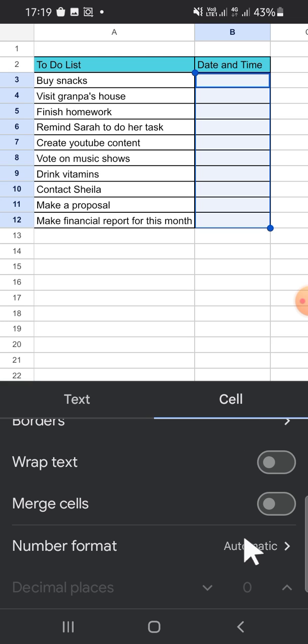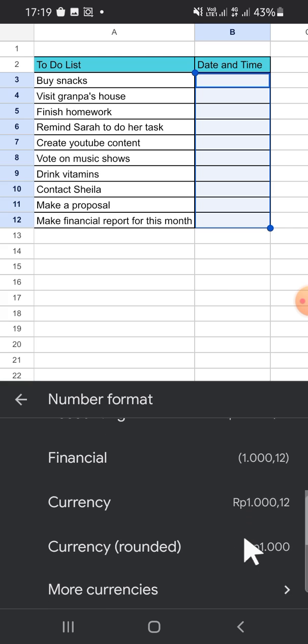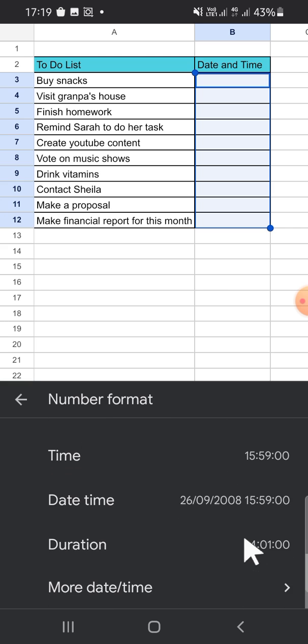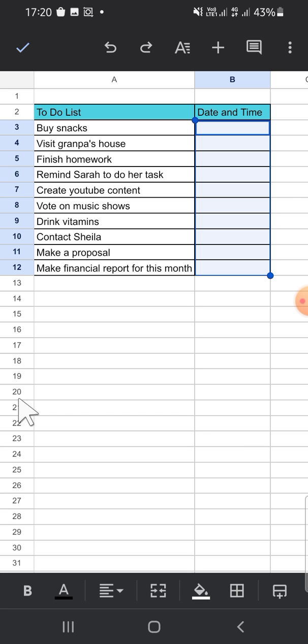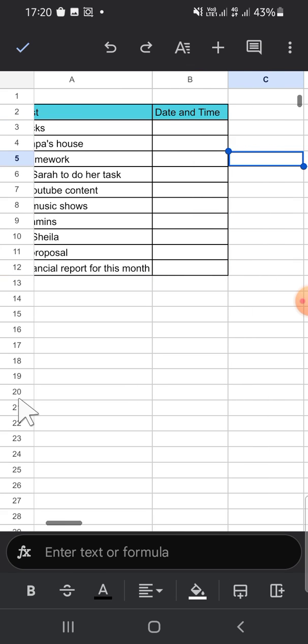You just have to tap on it, and since we want to format as date and time, we can click on date and time right here guys. You have to scroll your screen to find it and just tap on date and time format. Okay, and we can click on this button,